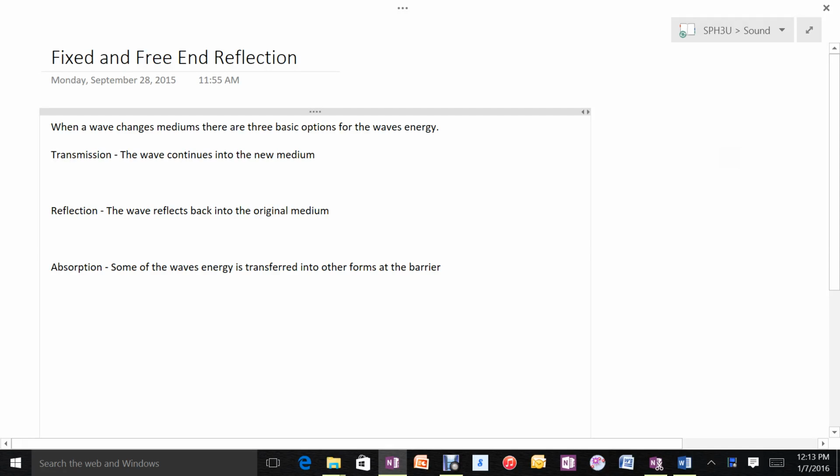Okay, in this video, we're going to talk about fixed and free end reflection. So when a wave changes mediums, we can imagine the wave has three basic options. It can be transmitted to the new medium. So transmission is when it goes from the old medium into the new medium. It can be reflected back into the original medium, and some of it may be absorbed at the barrier and